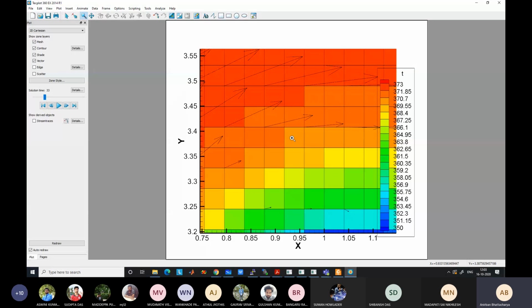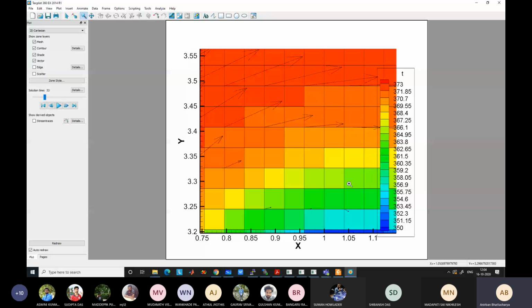You may interpolate it. You know that the temperature here is 370 and here it is 371 for the next. If you assume a linear interpolation, you can see the variation from 370 to 371 in a linear fashion. That you are interpolating, but your solution is not giving that. Your solution is giving that for the entire control volume, the temperature is a single temperature, 370, and for the next it is a single temperature. So it is like pixels. This is like the minimum resolution that you are getting.